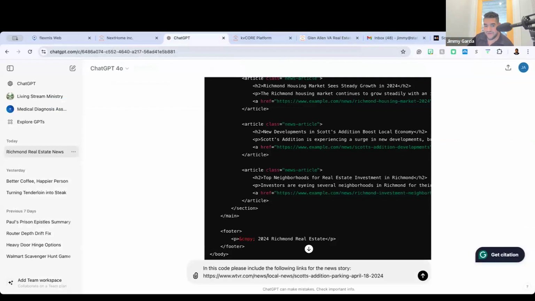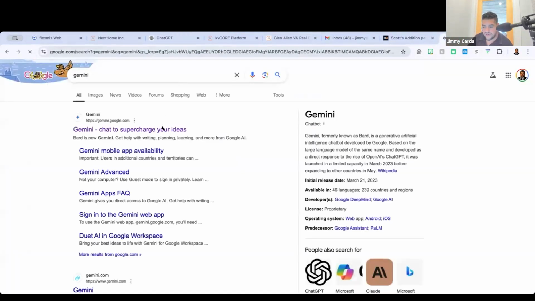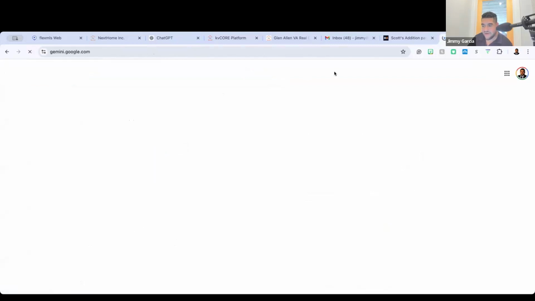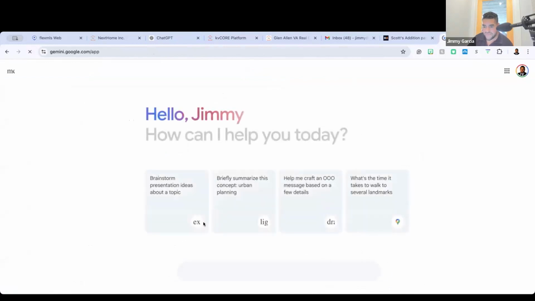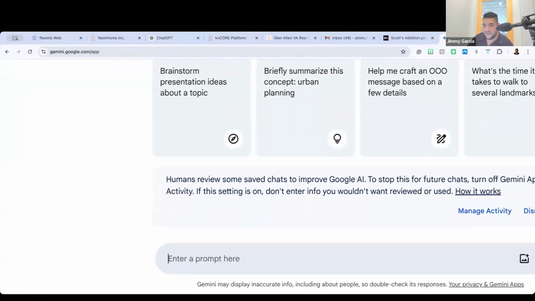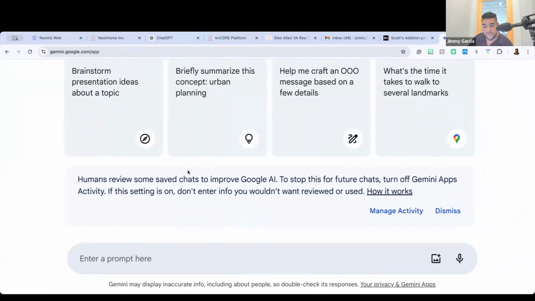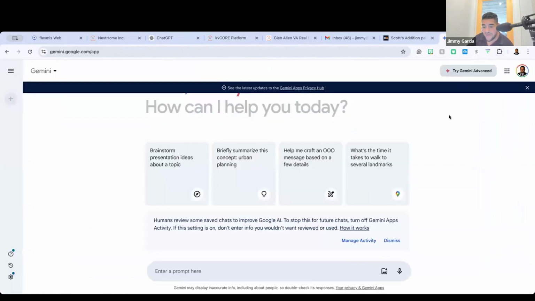And one more time, you could also do this in Gemini. Okay, so if I go into Gemini, which is Google's, it was Bard, and then it turned into Gemini, and who knows what's going to change the name. I could also log into Gemini here if you're a heavy Google user and do the exact same thing. I could tell Gemini, hey, create me HTML code. Okay, so if you're not a ChatGPT person, you could do it right here. Okay. And any of you who have Gmails, I encourage you to try